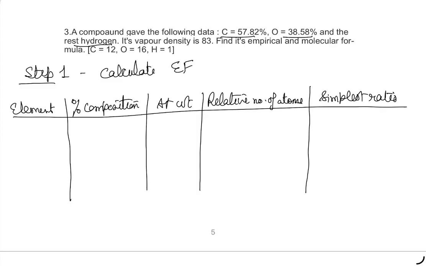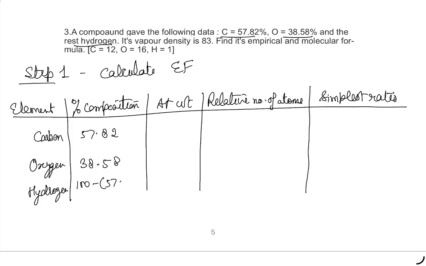So let's write down what elements are given here. Carbon and oxygen, and the rest is hydrogen. So that we can calculate as we did before also. Carbon percentage is given as 57.82, oxygen is 38.58, and for hydrogen, when you calculate 100 minus the addition of 57.82 plus 38.58, you will get